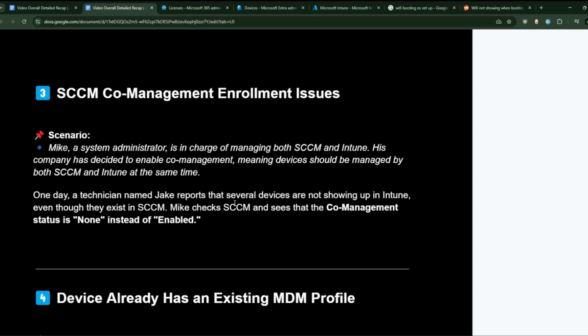The device appears in SCCM but not in Intune. Common. The device is not getting the policy from Intune. It's also common. Or the co-management status is pending, or the enrollment is failing. So you have different ways of troubleshooting these, guys. And first you need to verify that the device is already in Intune, and we'll go step by step. Okay, so first step